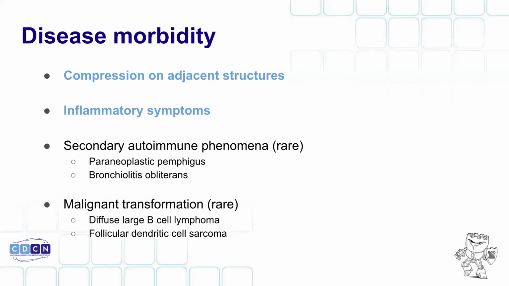The major symptoms that they cause, to the extent that they cause symptoms, are compression on adjacent structures. They're getting big and I'm starting to feel pain from that area. It's getting big and I'm having some trouble swallowing because these big lymph nodes in my neck are pushing on my esophagus, or making it harder for me to breathe, or I'm getting some swelling in my leg, or